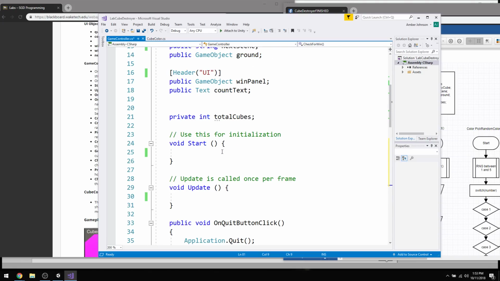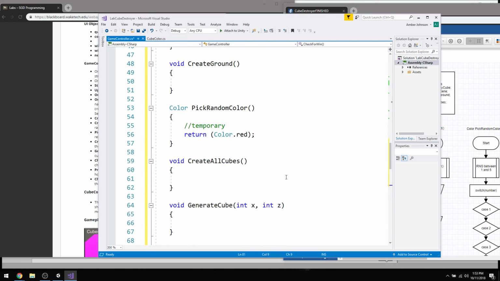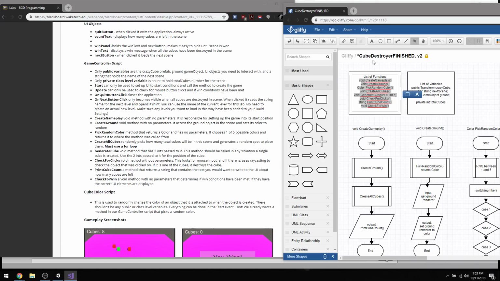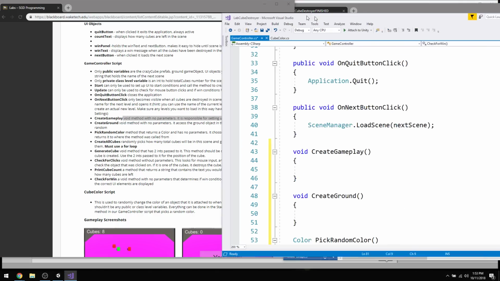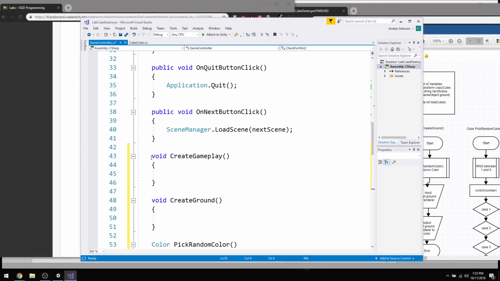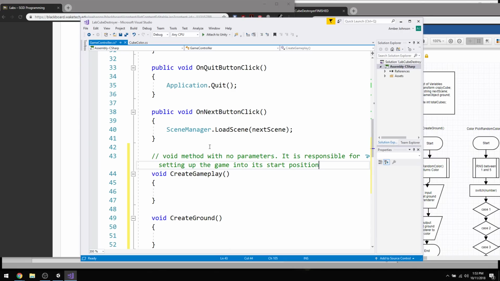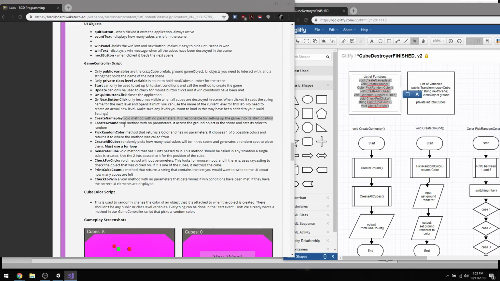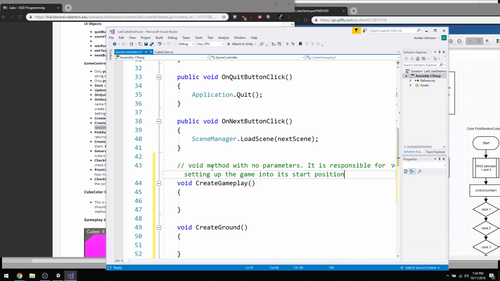Now that we have our functions figured out and we kind of know what they need to do, I would also recommend coming in here, and the information is good enough that we could, for instance, take the create gameplay description and use this as our comments for all of these, if you wanted to take the time to come in here and paste these in,